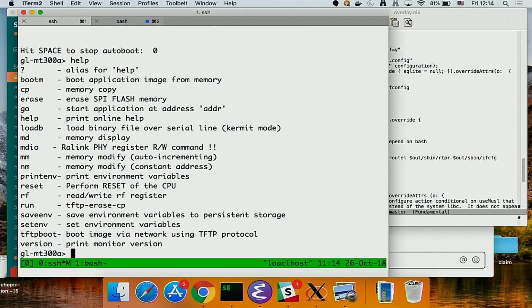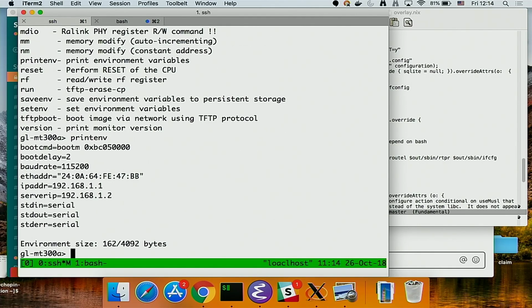So anyway, you've got a collection of commands in U-Boot here, which do things like print the environment variables, boot, change memory addresses, let you do things with flash and so on. So if I just do printenv, they are more or less defective depending on the manufacturer. In theory, if you've done a proper good install of U-Boot, then this environment will be writable and you can change the parameters here. Often you'll find that the hardware manufacturers just hard-coded the environment and you can't actually save anything, which is annoying,